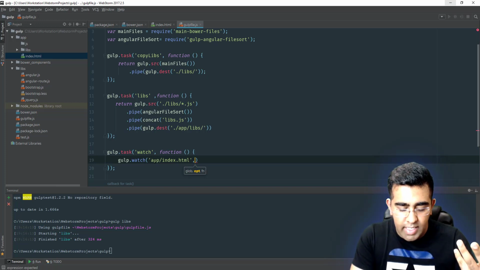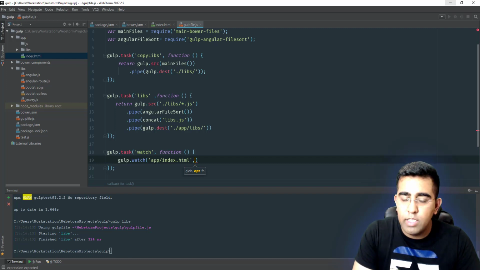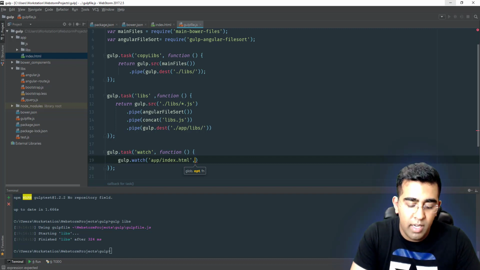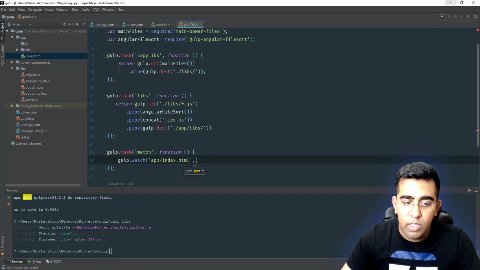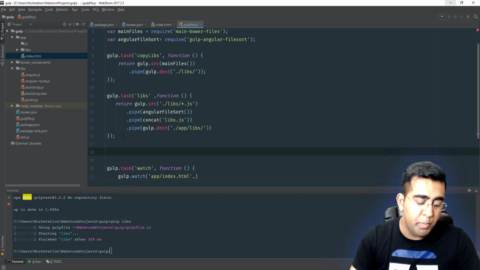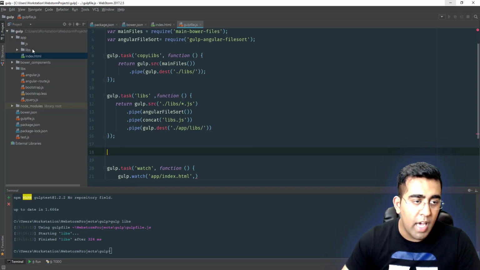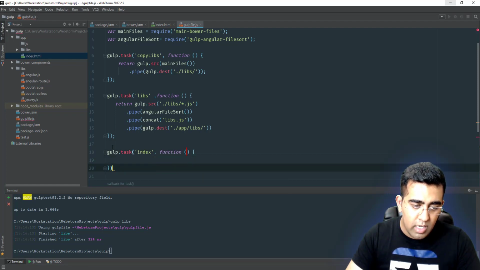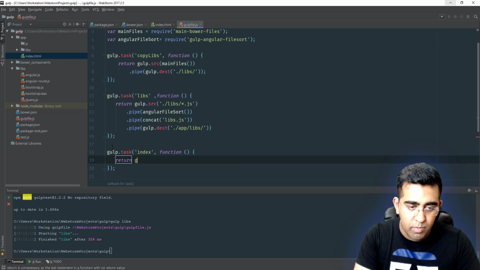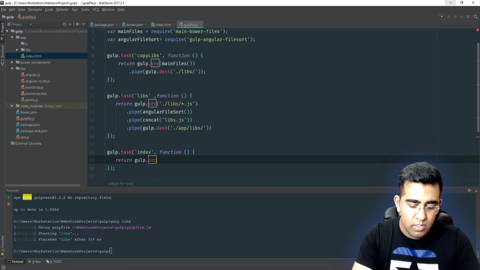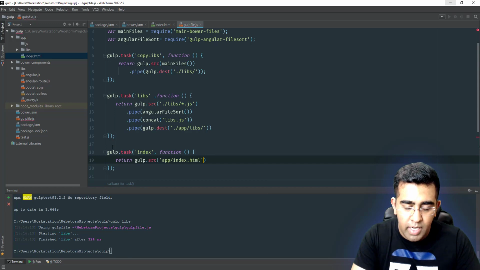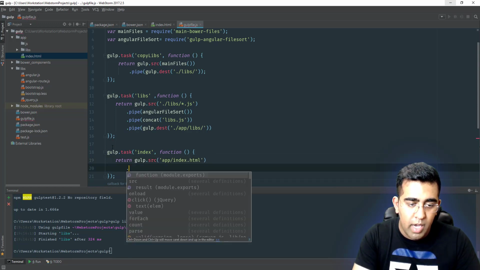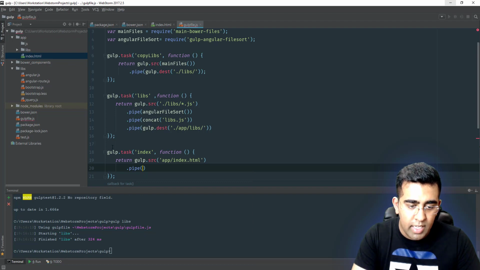Now next it wants to know what kind of functions or what kind of tasks we want to run from gulp. So I would just create one task first, which will build our index file and put that into our dest folder. So first of all, let's just go quickly create a task here, and I'll just name it index, and it takes a function, and we are going to return something from gulp. First of all, let's start with the source. Source would be the same one we copied, and what we want to do, we want to pipe it. So if that gets changes, then we want to